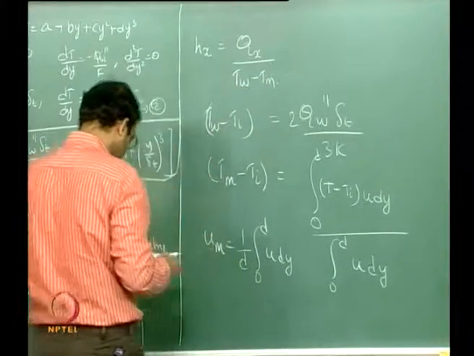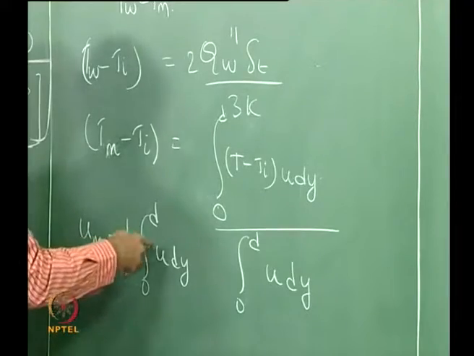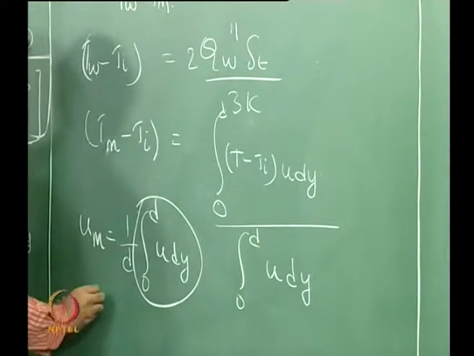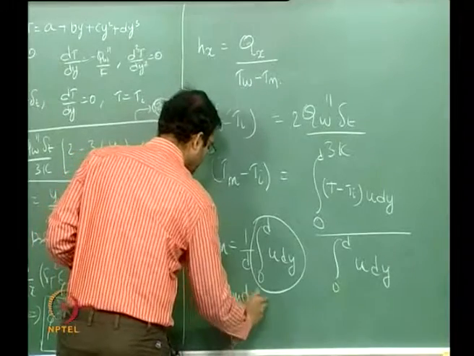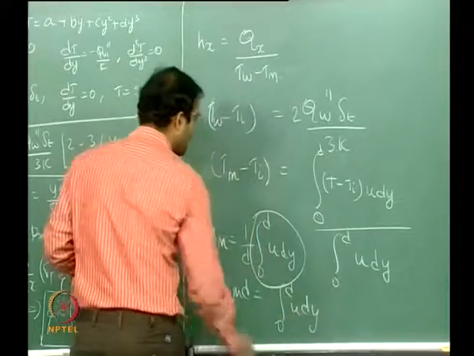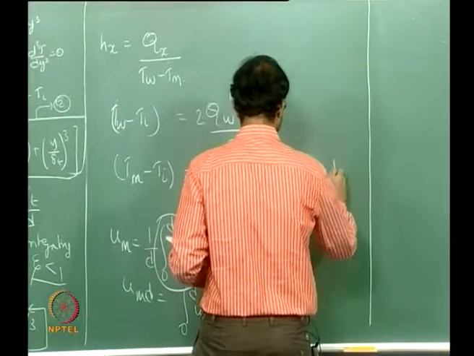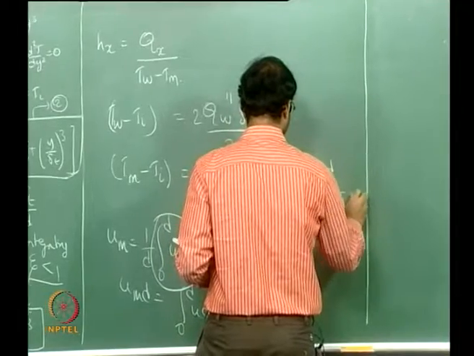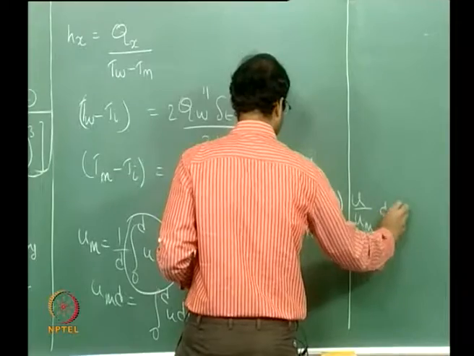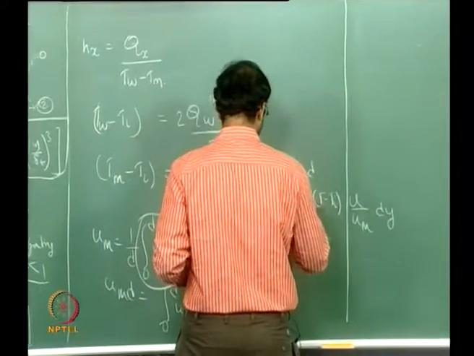So if you integrate it out, you get your relation between your 0 to d u dy as um into, so therefore you can write this as 0 to d T minus Ti into u by um dy into 1 over d,